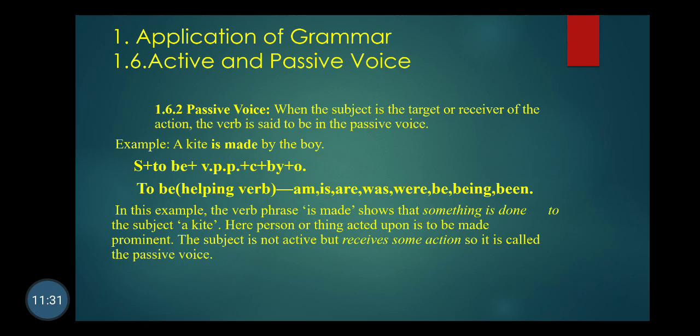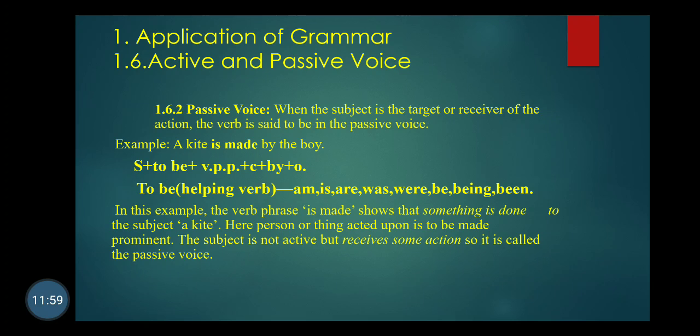In active voice, simple verb; here to be plus past participle is added in passive voice, and it shows, it denotes action is important. Okay, which to be are we using in passive voice? Am, is, are are present time to be; was, were are past time to be; and be, being, been are perfect time to be.